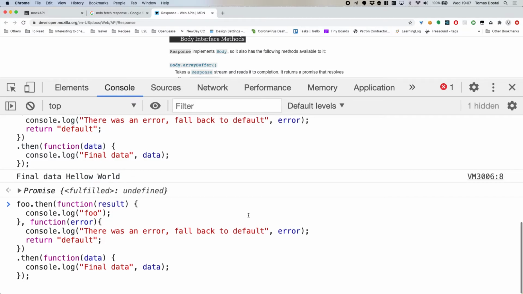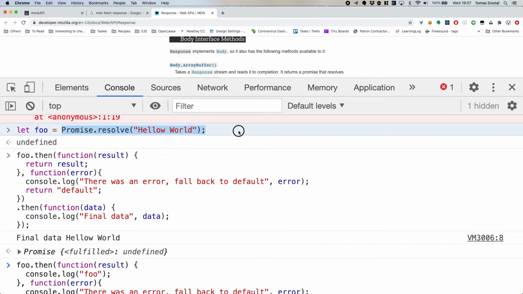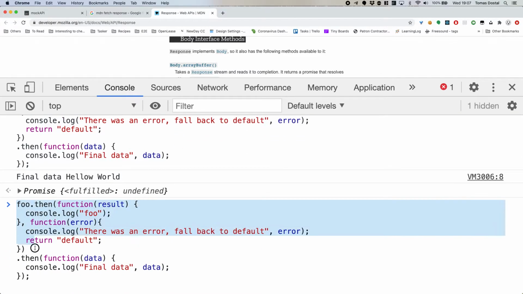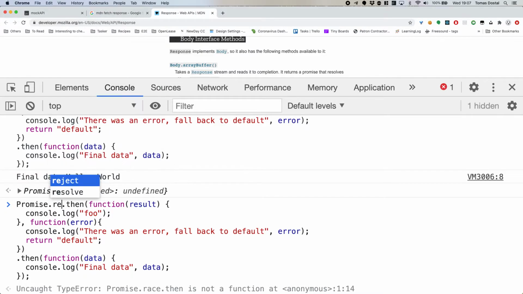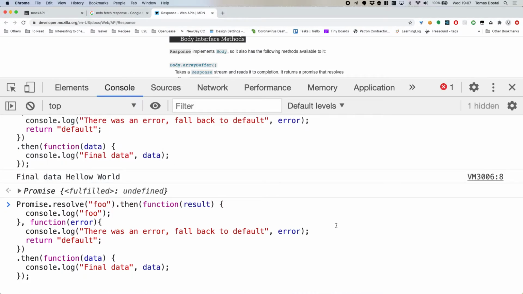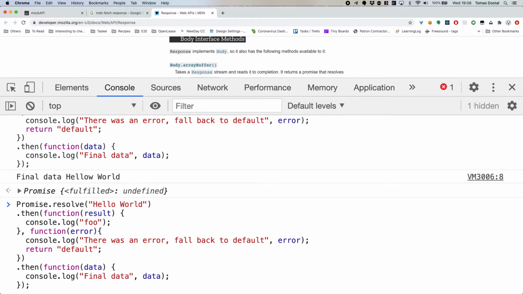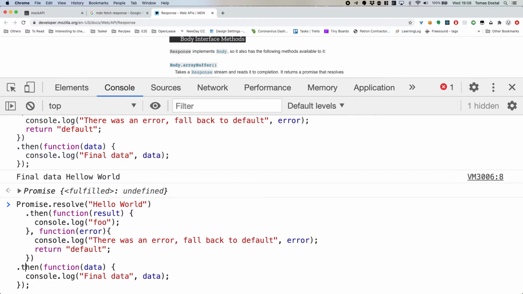what would you see now in the console? What do you think? So our promise now is promise resolve hello world. What would we see now in the console? Just foo. Promise resolve. So Thomas is saying we will see foo in the console. Any other ideas? Ricardo?